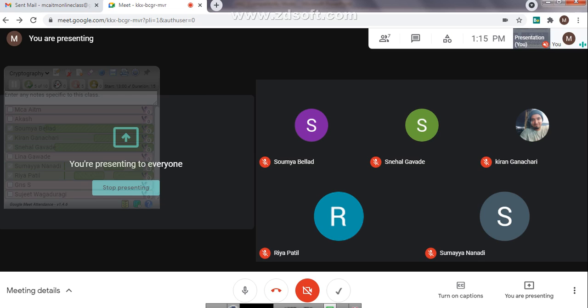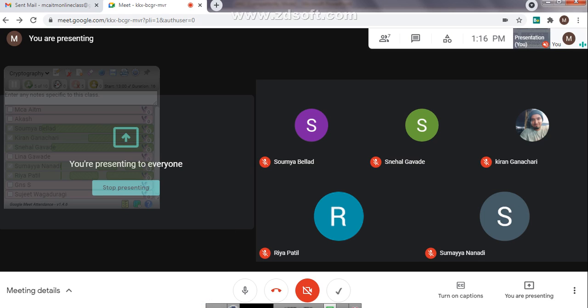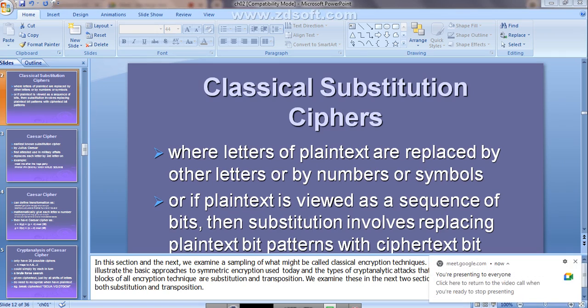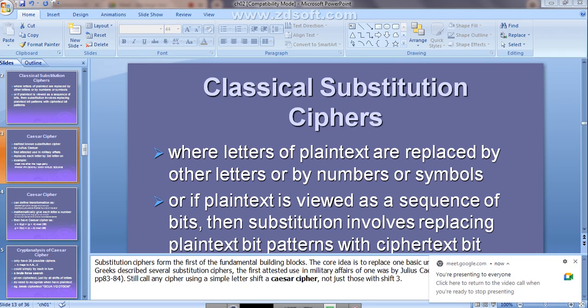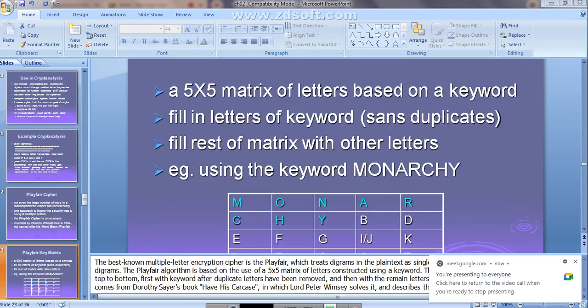These are the two different substitution techniques we studied in yesterday's class. Any doubts with both the techniques, guys? Any doubts with Caesar cipher and mono alphabetic cipher? Both are mono alphabetic, that means by using these two techniques we are substituting or replacing a single character with another character. Okay, then today's class will start with multi character replacement, that means polyalphabetic ciphers and how they work. In that, the first one we will see is Playfair.